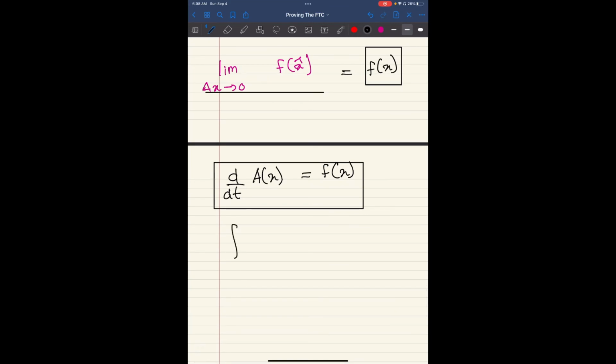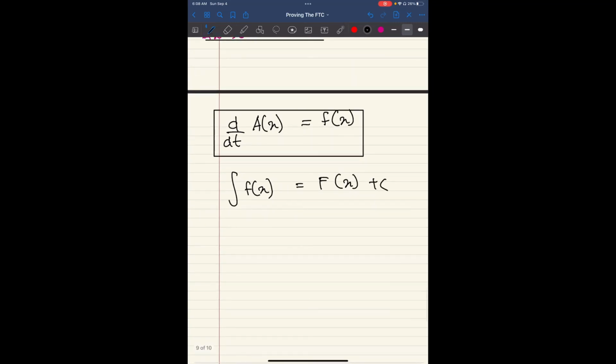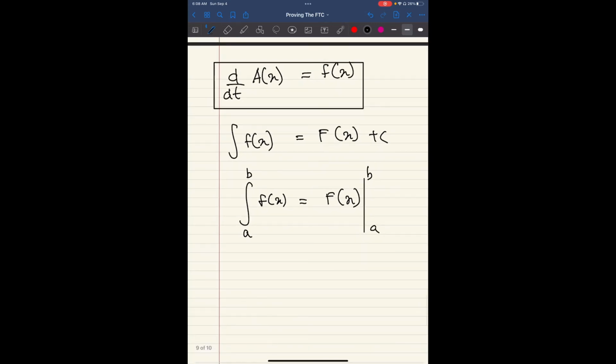And since we know the indefinite integral of any function is accurate up to a constant, and it's of the form f of x plus c, the integral from a to b, or the area, which we just proved, will be equal to f of x evaluated at b and a. And the reason that we don't